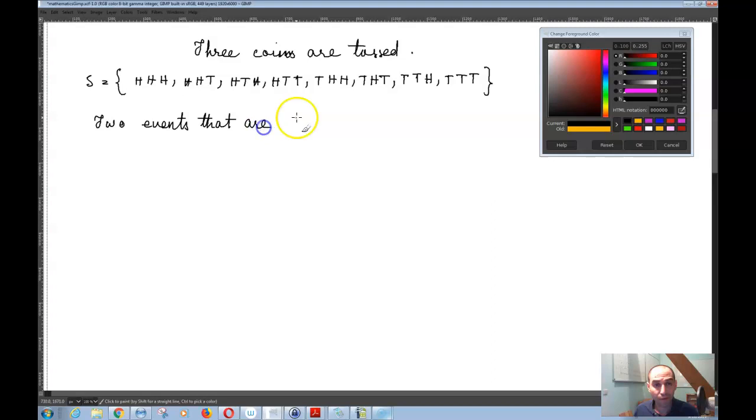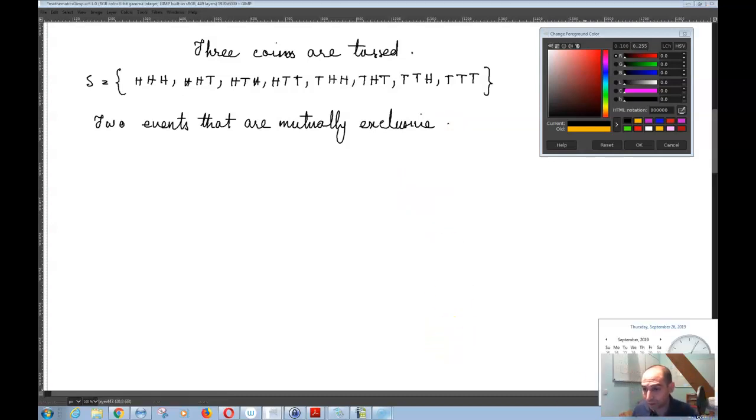So first of all, let's understand what is mutually exclusive. 2 events that are mutually exclusive are basically 2 events that cannot happen together, meaning that, for example, let's say that